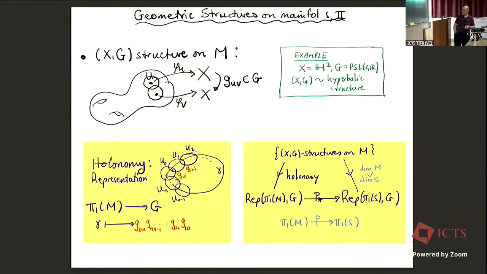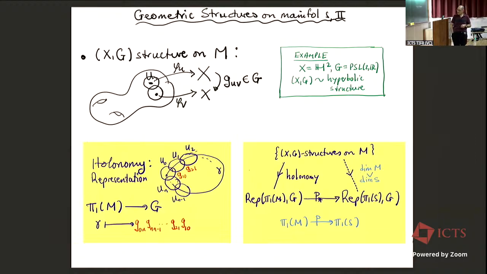loop on the space, you can cover it with local patches, and the local descriptions are related by elements of G, so you can concatenate those all together, and for each loop, you get an element of G, and this depends only on the homotopy class of the loop. So the X_G structures give you holonomy representations. From this description, you get a holonomy representation of the fundamental group of the manifold itself, but you also